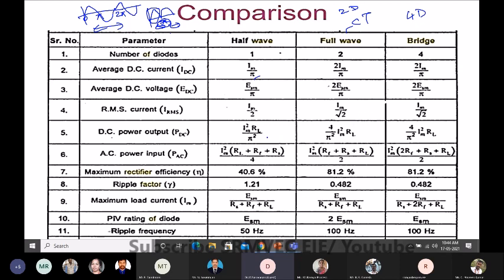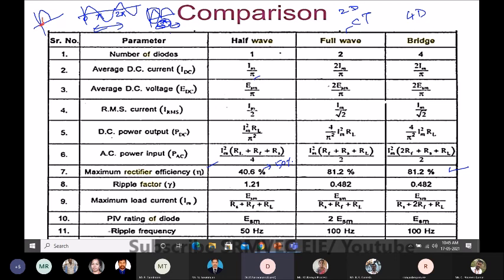Here we are concentrating on the maximum rectifier efficiency. It is 40.6% for a half wave, whereas it is 81.2% in terms of full wave. So you have to know the difference. Why is it so? Because half of the wave we are not using. Also, when you are speaking, it has to be 50% if it is half wave. But while passing through the diode, it will not be like this. So how will it be? It will conduct only after the cut-in voltage.